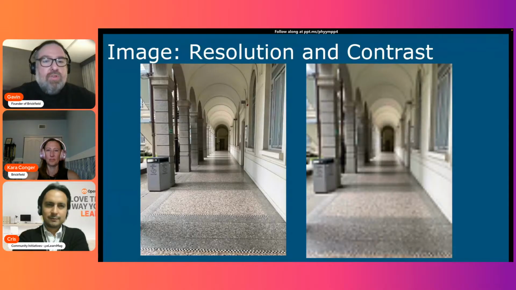On the right, it's a bit more fuzzy. You can even see, especially at the back of the corridor, it's really lost definition. So if I was to zoom in on that image, I wouldn't be able to get the same level of clarity and inspiration from what was a beautiful, beautiful building. However, this is really important because often people think that accessibility is, oh, it's to help people with disabilities. Yes, it is. Of course it is. However, sometimes if people are seeing something and have to be able to see detail, then the image must be of good quality and good resolution for the purpose that it is for.